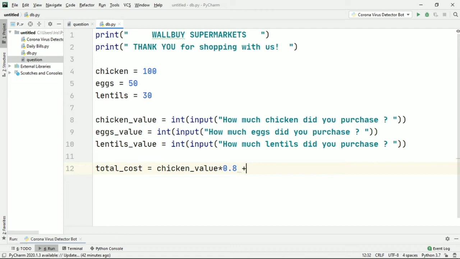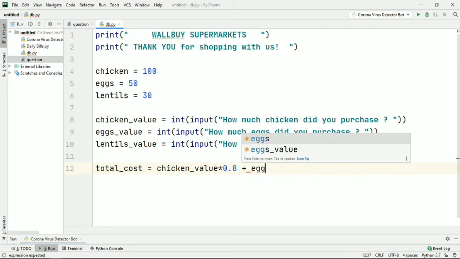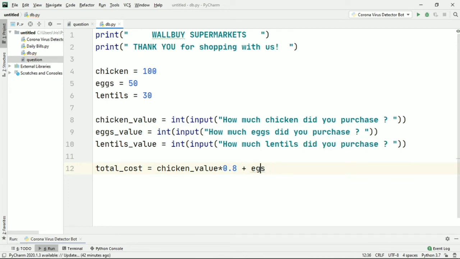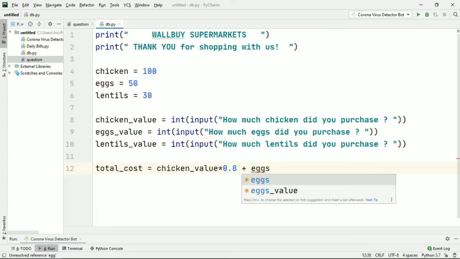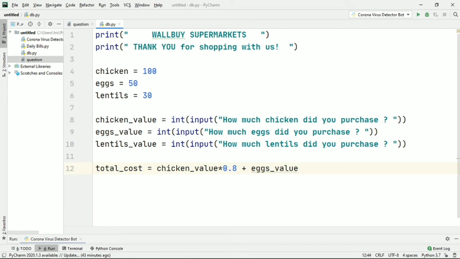Eggs value into 0.7, let me just check how much discount, because that's 30%, which means 0.7, and lentils value multiplied by, let me just check how much it is. Okay, that's 40%, which means 0.60. Okay, so we will get our total cost. The total cost will be saved in this variable.